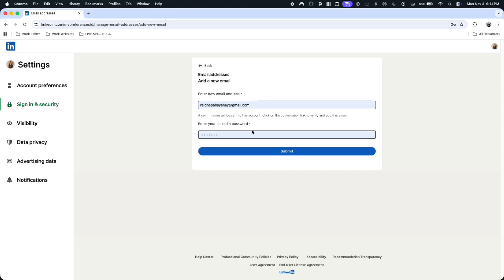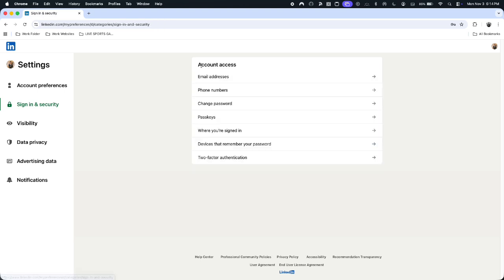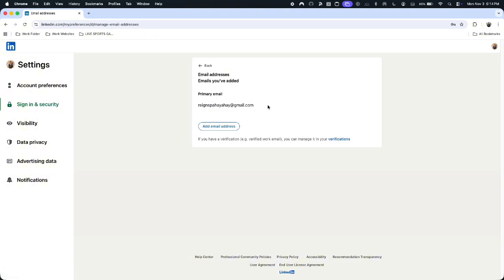And then LinkedIn might ask me for my password and then it will send a verification email. I'll jump into that inbox, click verify, then come back here. Now you'll see your emails listed and you click Make primary on the one that you want. So on my screen, you won't see primary yet because I haven't added an email here. So once you add and verify one, you'll see the primary label and you can remove any extra addresses that